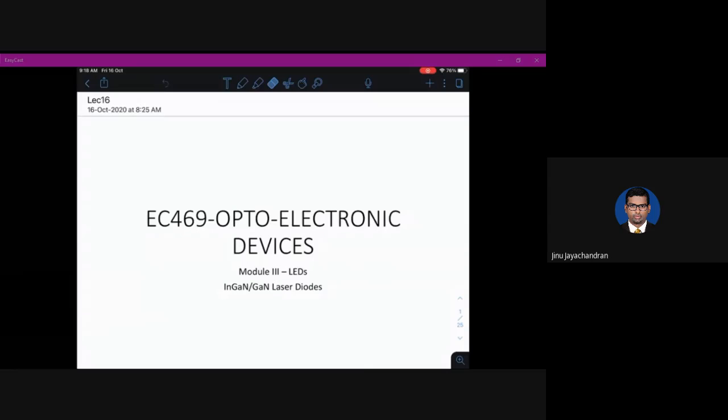Okay, so today we are going to look at module number three, LEDs. But in the LED module, we are going to look at a special type of laser diode called the indium gallium nitride on gallium nitride substrate laser. Okay, the importance of this laser diode is that it is a blue laser,